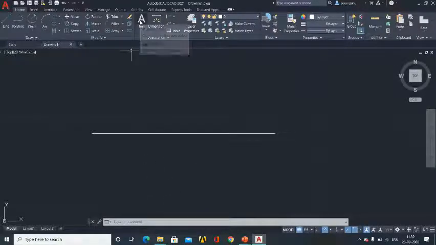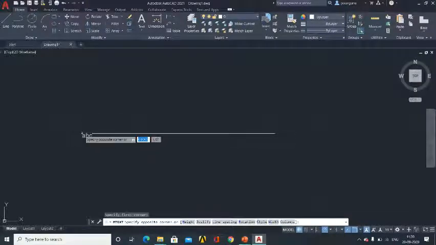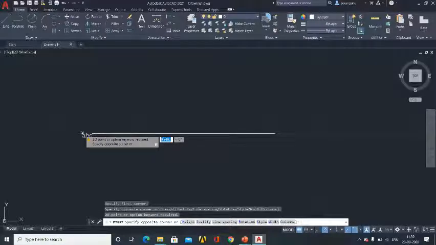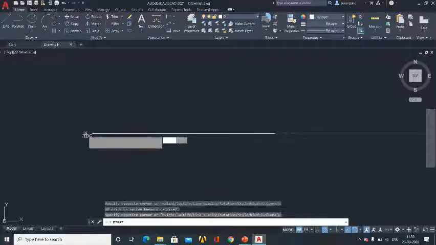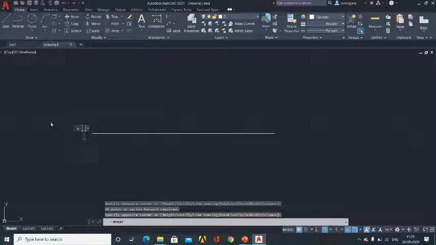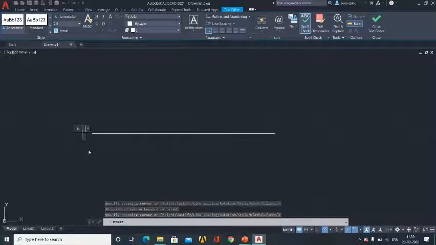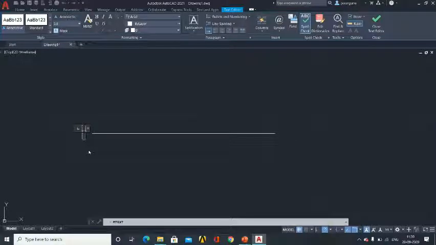Then go and click the text tool. You can see here the text option is showing. It is asking for the first corner, so you click here. I need a text here. It is asking for the opposite corner. No problem, you press enter.